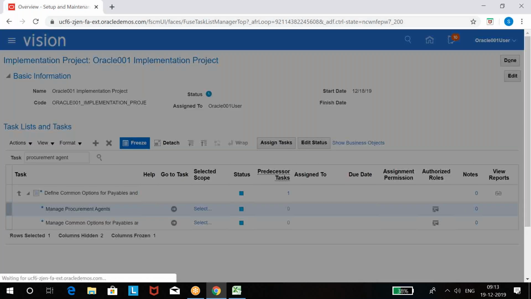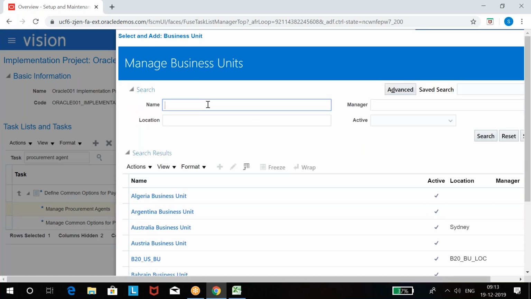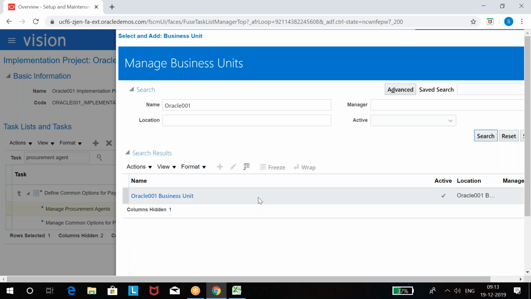It will ask you to select your business unit because a procurement agent works at BU level. Select and Add, write your BU name. Select this BU. See, don't click on this BU name, click somewhere else.